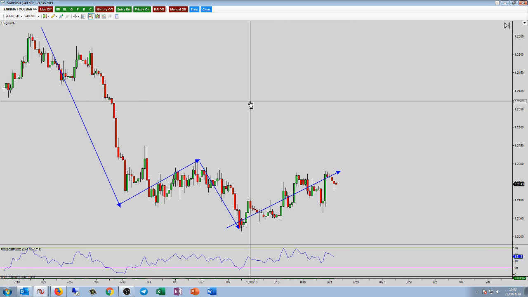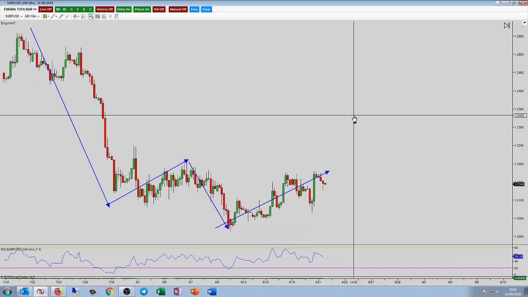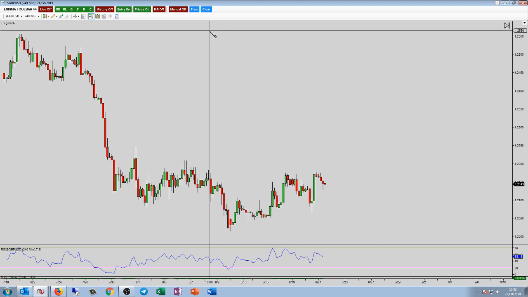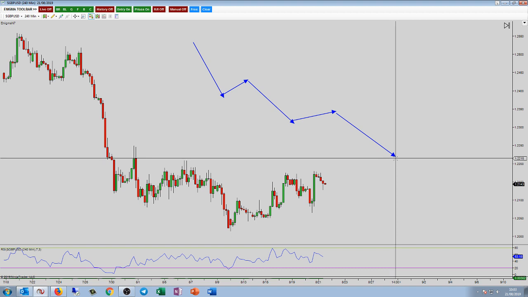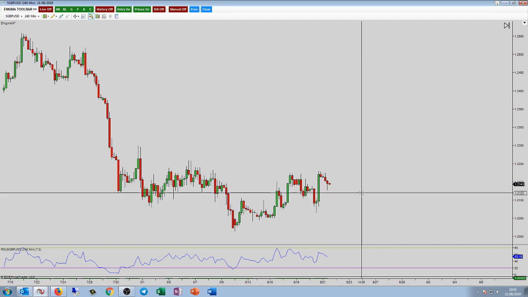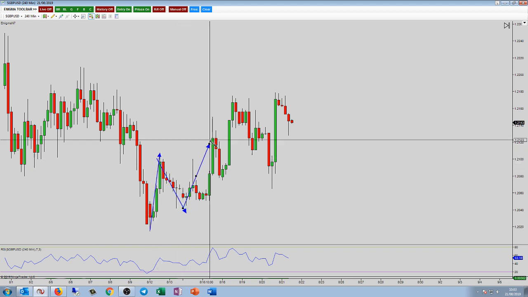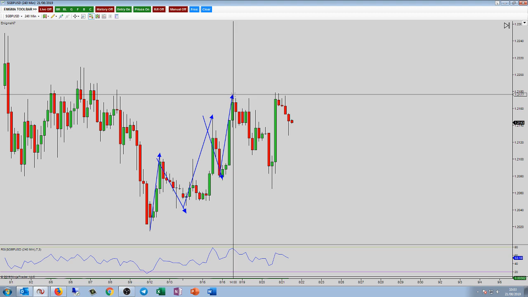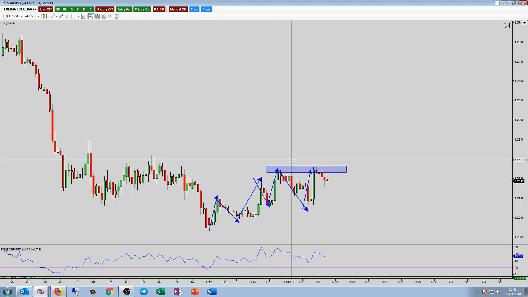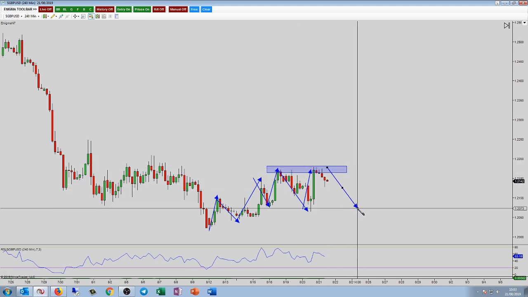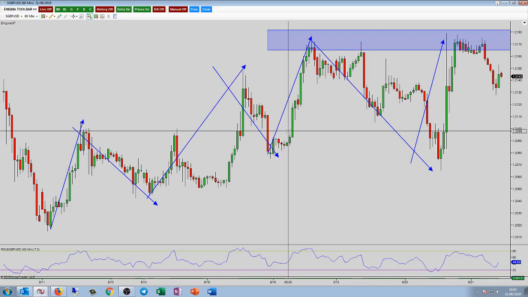So here on the 240, this is just junk and just rubbish. Just look at the movement we've got. We don't have that lovely smooth ebbs and flows, that lovely continuation. We just have junk. Move higher, pull back, move higher, pull back, move higher, pull back. We've come up to retest this level. Overall, I'm still looking at the market coming short anyway. Just nothing here. On the 60.